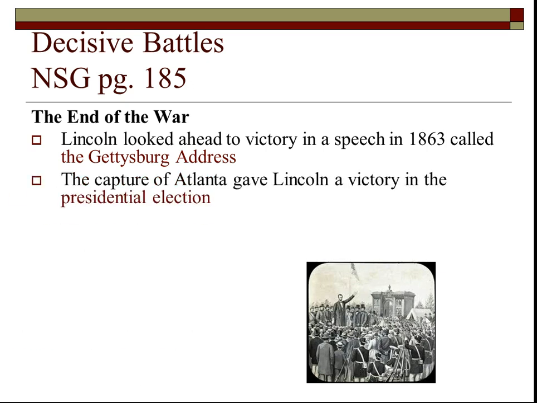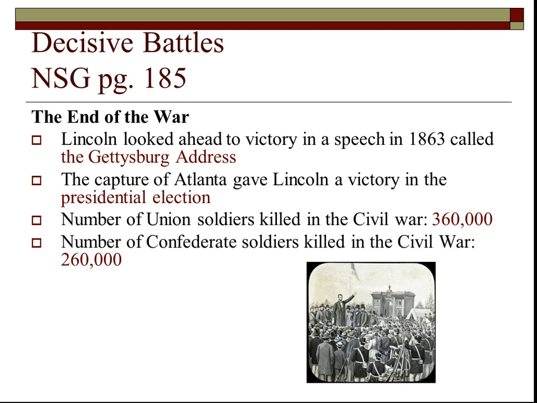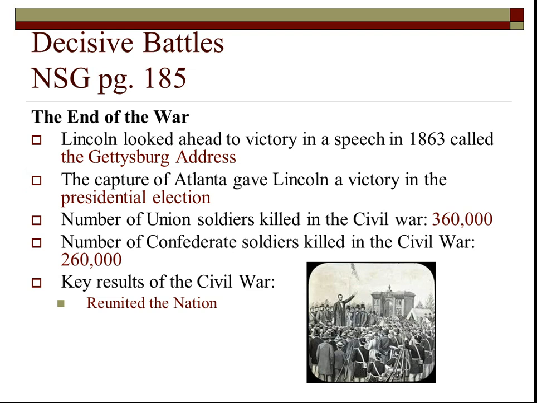The capture of Atlanta gives Lincoln a victory in the presidential election because people saw that he was winning the war and it was coming to an end. The number of Union soldiers killed in the war was 360,000 and 260,000 Confederate soldiers. So 600,000 U.S. soldiers, the bloodiest war, still the bloodiest conflict in American history. Key results of the Civil War: it reunited the nation and it put an end